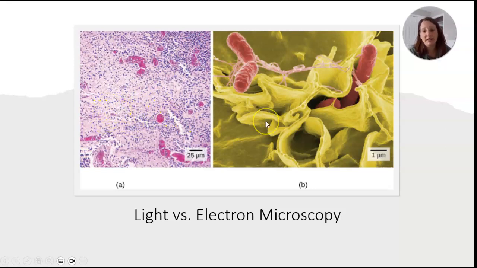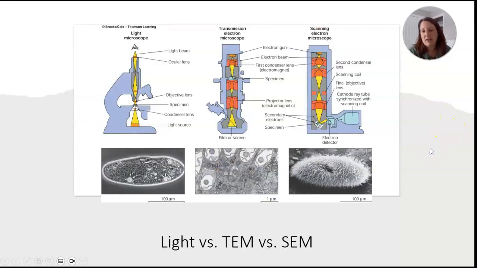And then if you look here, look at that. This is beautiful. You can see the tissue that the bacteria are invading, but you can also see these nice rod-shaped bacteria with their long flagella or extensions coming off their body. Here's another one actually getting into this tissue. Here's another one. So you can see the difference in magnification and resolution. It's pretty striking.